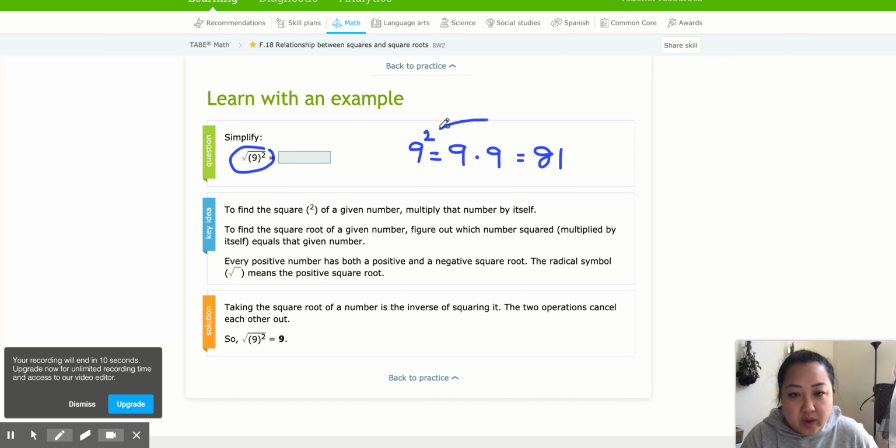So when you square a number, you go from